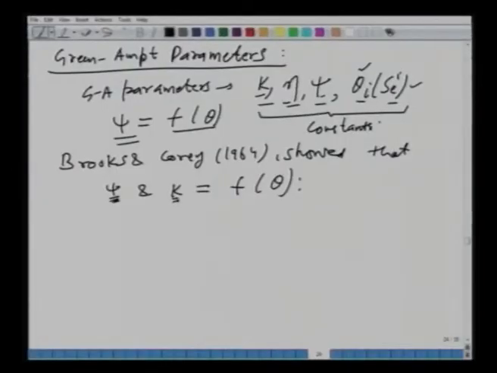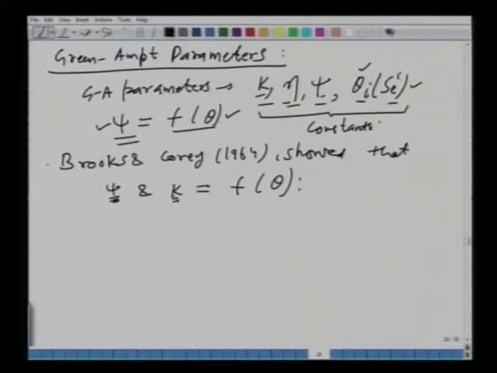Okay. However, many researchers have carried out some research or additional work in which they have found out that some of these parameters are not constant during a rainfall event. Okay. As the rain starts to fall, if the soil moisture is 0, the soil is completely dry, then the permeability or the suction head or the relative forces which are acting will be different, and depending upon that the values of these parameters will be different. Okay. So, we said that this suction head, some people have found out that this varies as a function of theta or as a function of time during a rainfall event.